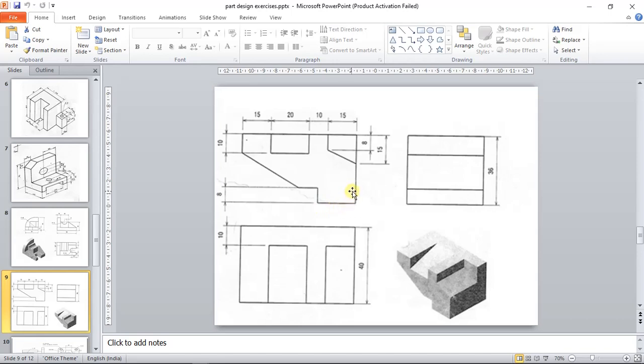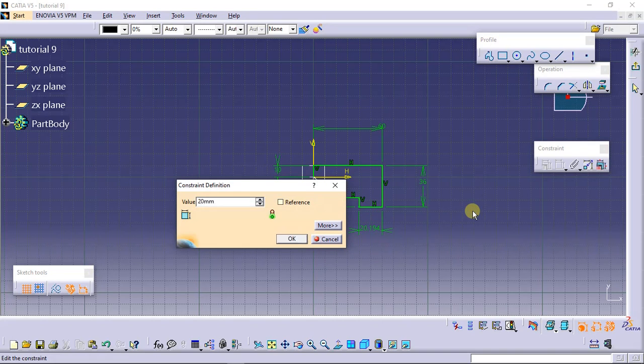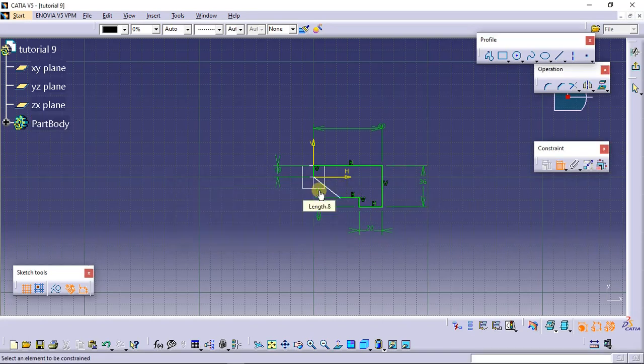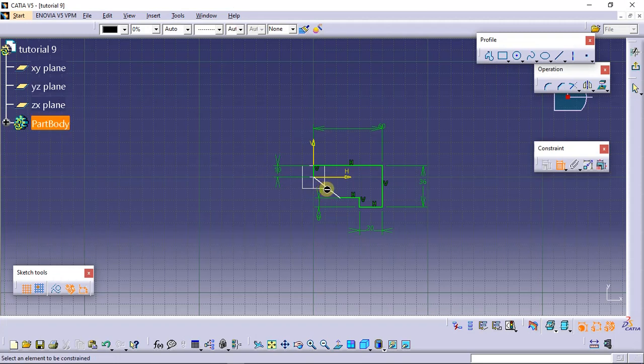Now for the remaining lengths, from here this would be having a length of 20. And from here this would be having a length of 30, the slanting line. So select that line.